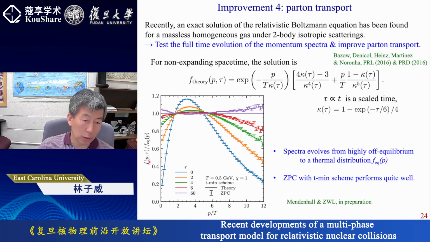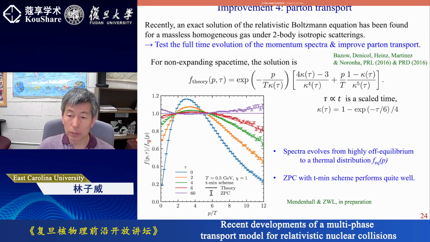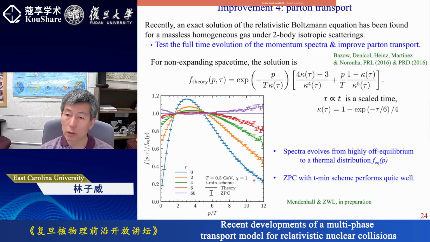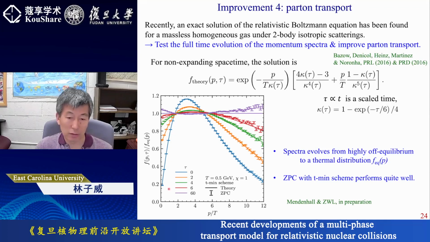So we have divided the momentum spectrum at a finite time tau over the equilibrium momentum spectrum. The equilibrium spectrum is just the standard Boltzmann thermal distribution. So we can see that ZPC gives you the symbols, and the theory gives you the solid line. Of course, we start our initial condition at time 0. According to the exact solution, we are exactly agreeing with the theory. That's no